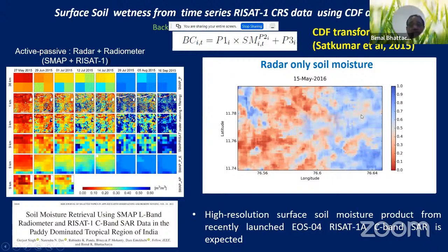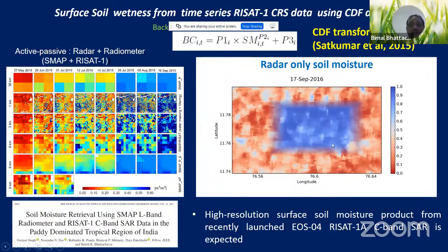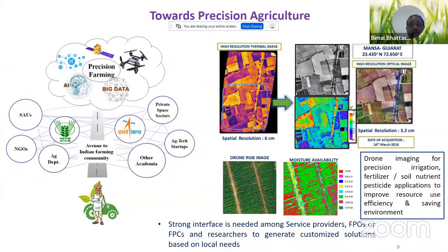resolution soil moisture, but it can provide you the soil moisture at 6 to 7 days interval, or even 20. But radiometer plus, so in our recently launched US product. So we are looking for precision